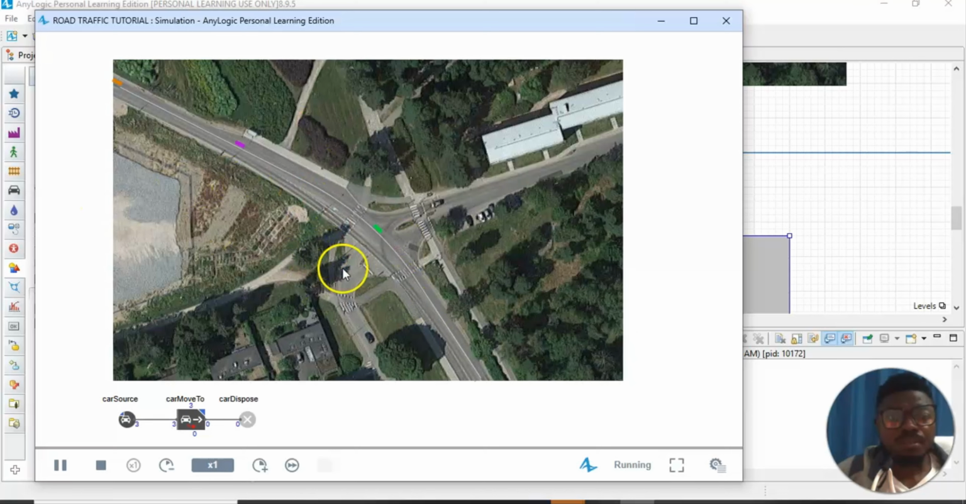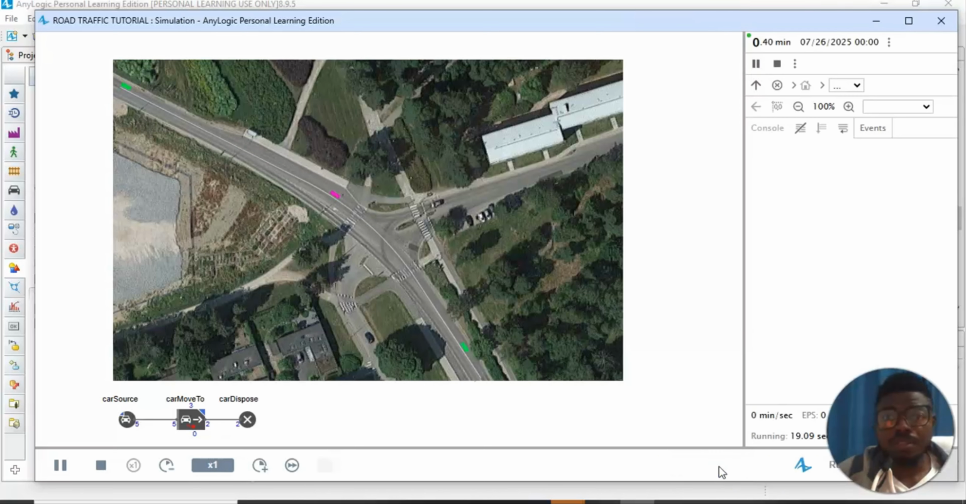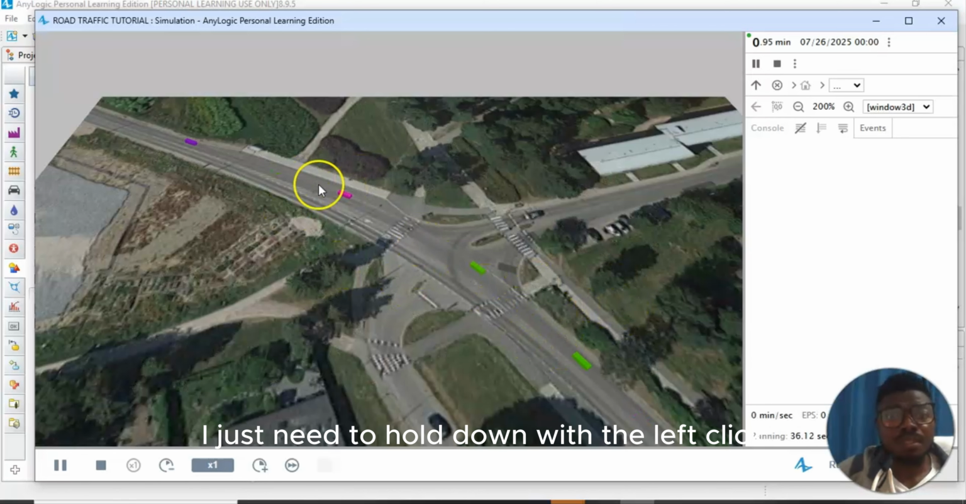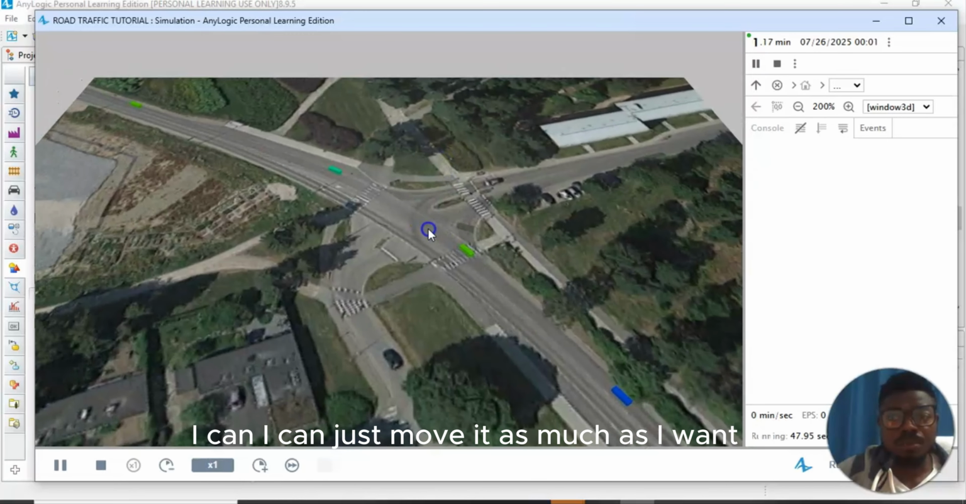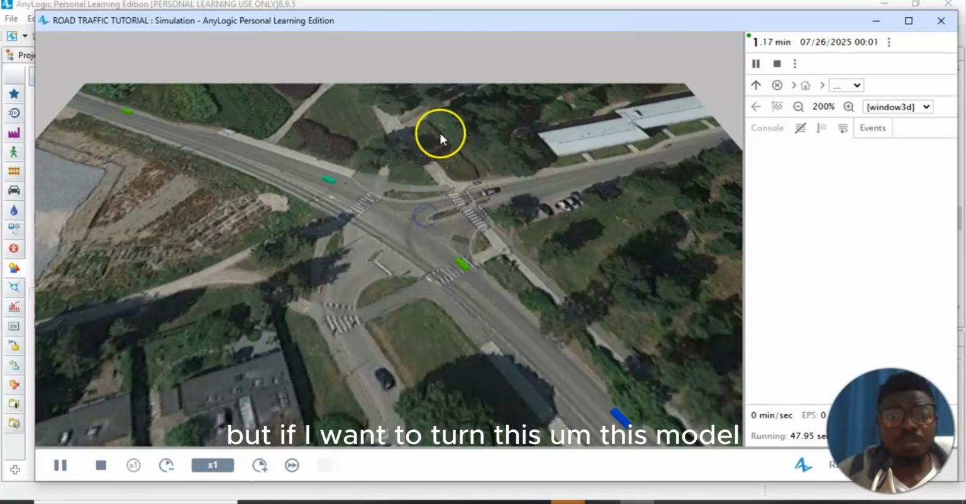So here we have, but if we want to see this in a 3D animation, we come under the toggle developer panel here. We click on this, and then we come under this and we move to window 3D. So it's already on the origin, but we have to change it to the window 3D. If I want to move the layouts, I just need to hold down the left click, and I can just move it as much as I want to. But if I want to turn this model,